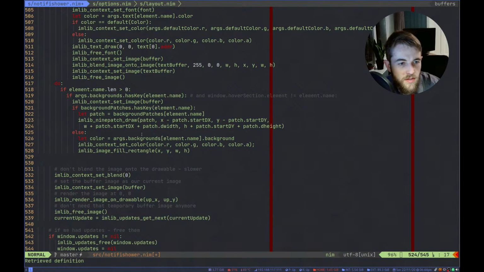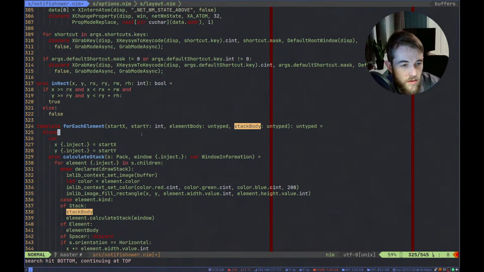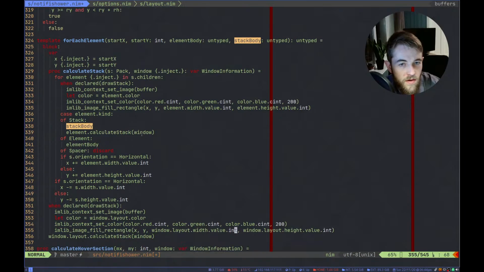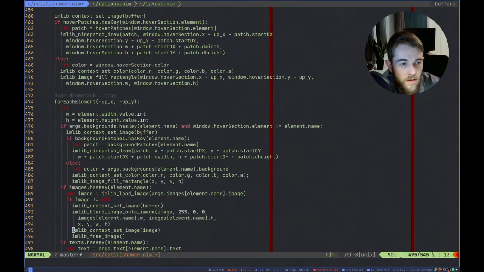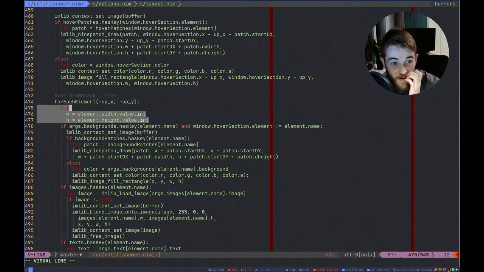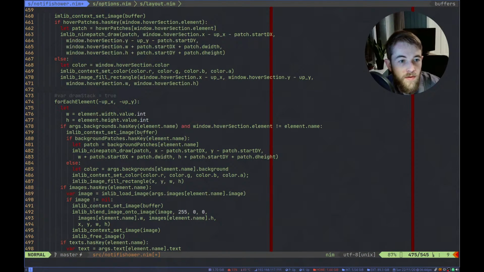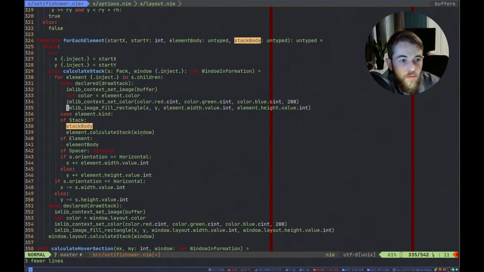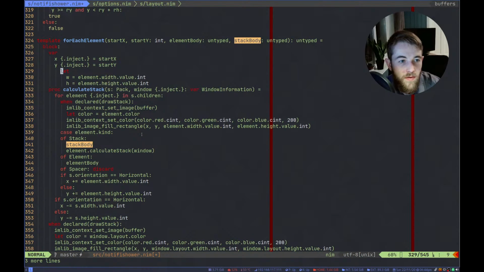Where does this width and height thing come from? They're not in here. Right, so they're from here. So let's just grab that. You know what? Let's grab this and let's move it out of this whole thing and into this part. Not there though.